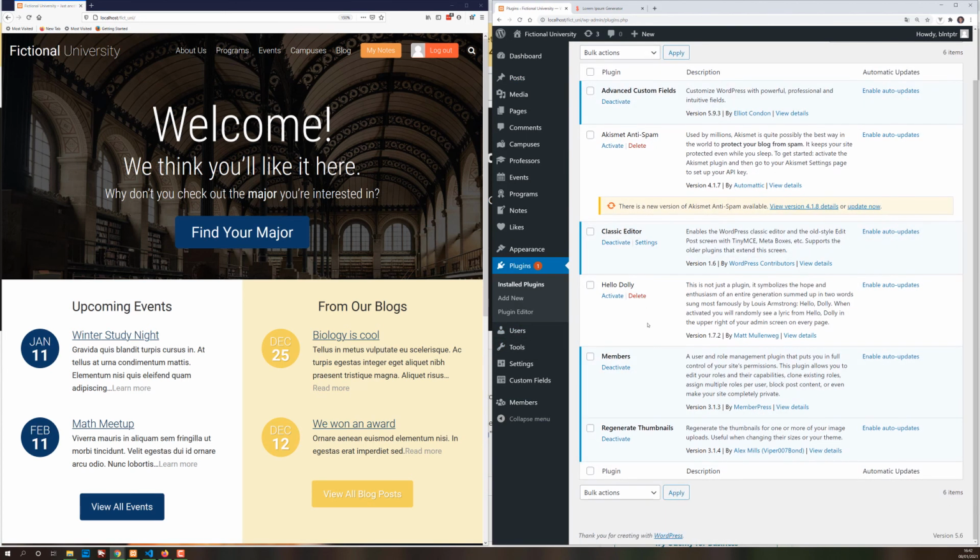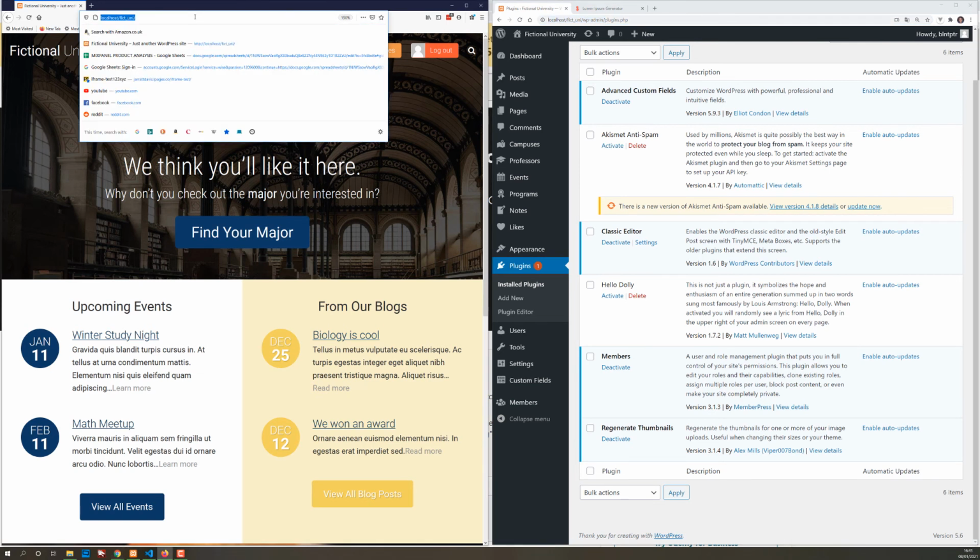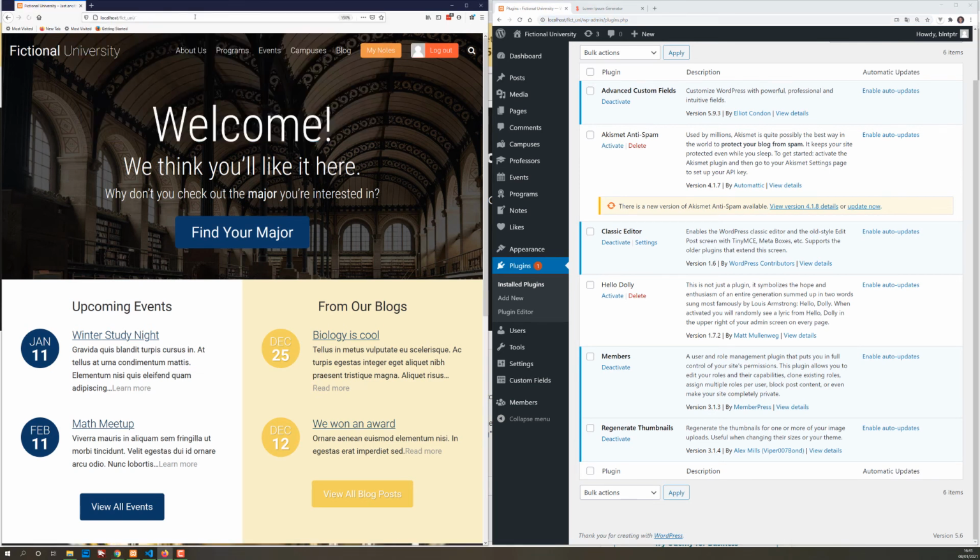Another one we use is the members, which basically controls authorization, which member can control what. So for example, this one on the left, as I said, is a normal subscriber, so he would not have access to the admin panel at all. If I'm coming here and enter it, he's basically being redirected to the front end. And then another one we use is the regenerate thumbnails, which is just to optimize and customize image sizes.